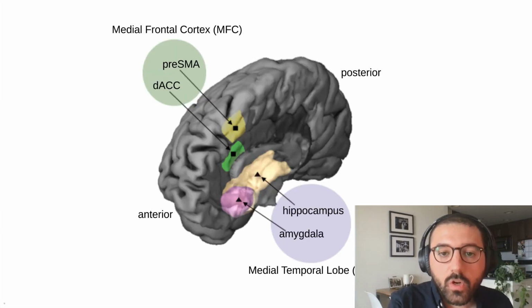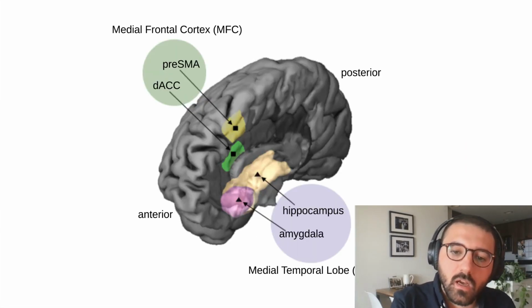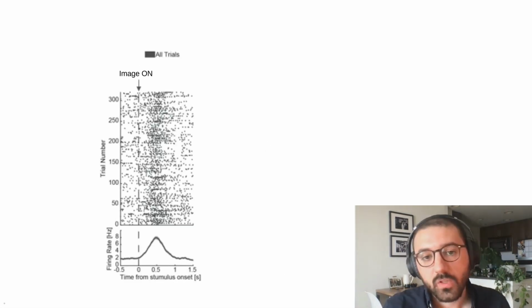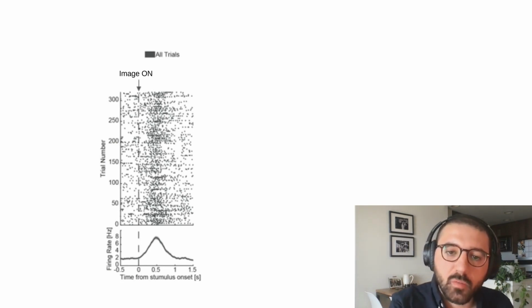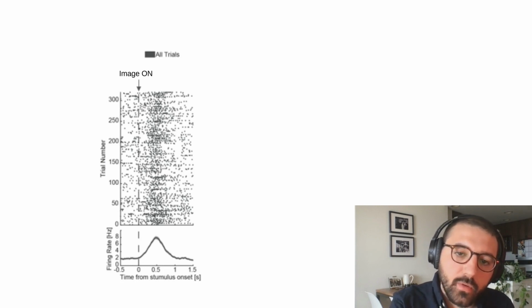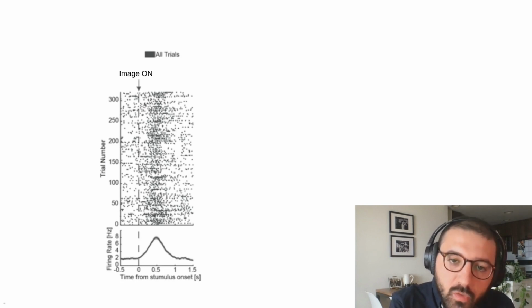For that, we're going to zoom in on the population activity in the medial frontal cortex. So the medial frontal cortex, in this particular task, shows a great degree of tuning for choice. I'm showing you here the raster plot for an example cell across all 320 trials, aligned with the onset of